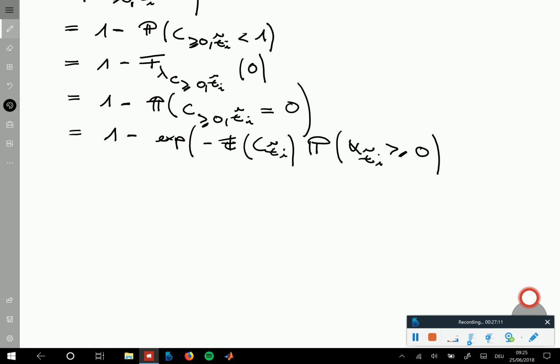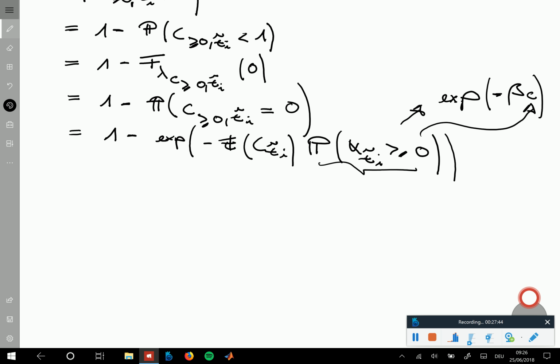Now you might remember or not that this probability k tilde i larger than something was given by an exponential, so that was this minus beta times c, or whatever this thing is. And here in this case you put in 0. So the exponential of 0 is of course 1. So this thing evaluates to 1,